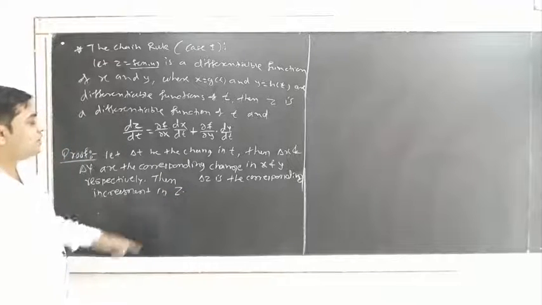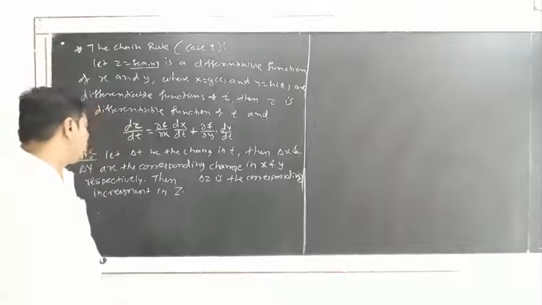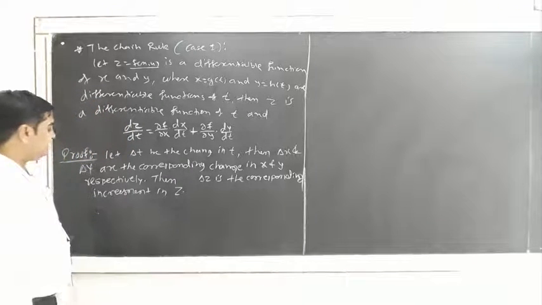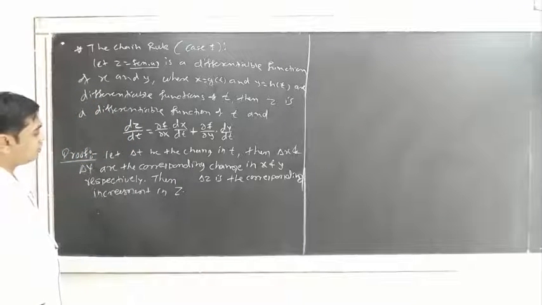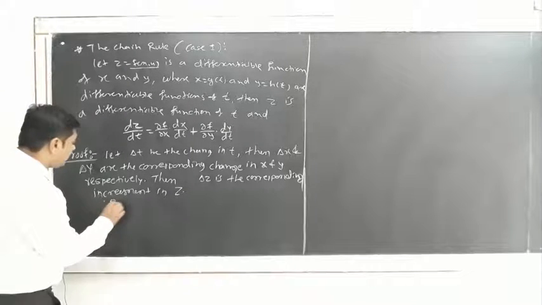That means delta x and delta y are increments, therefore delta z is also a corresponding increment in z. Okay. Therefore by the definition